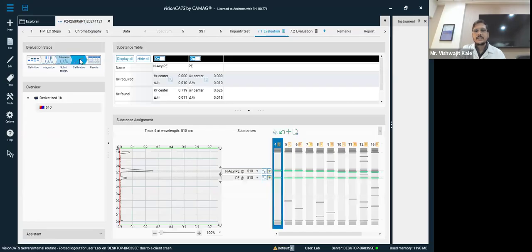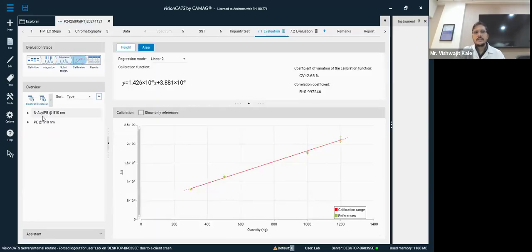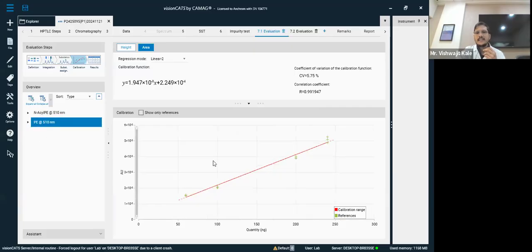And then we did substance assignment, and we got the very good linearity CV value 2.66% and R value more than 0.99 for N-acyl ethanolamine, and here we achieved a very good linearity for phosphatidyl ethanolamine. Generally, as method of HPTLC for phospholipid says CV value should be lesser than 15% in